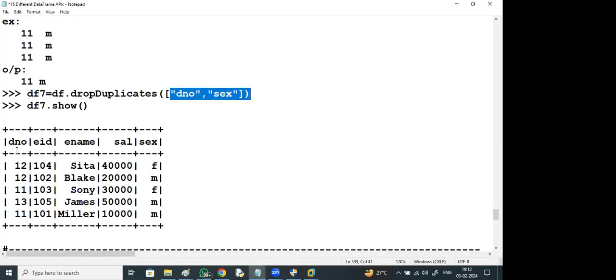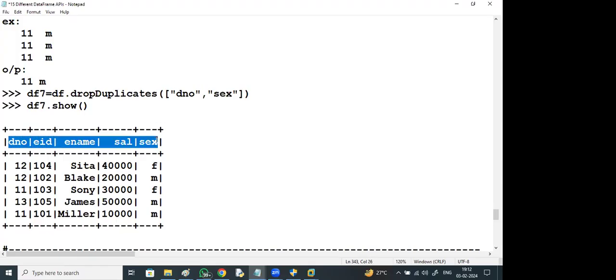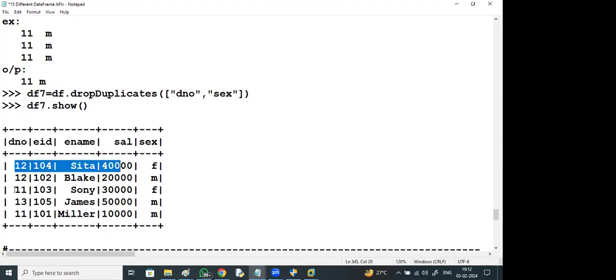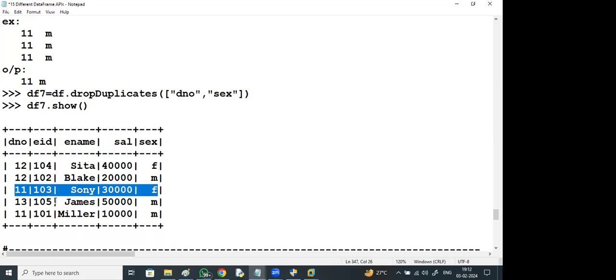Drop duplicates based on these 5 fields: you can give EID, name, salary, sex, department number. If multiple columns you give, and any person is repeated, for example, the same thing is repeated 5 times, then it will be removed.